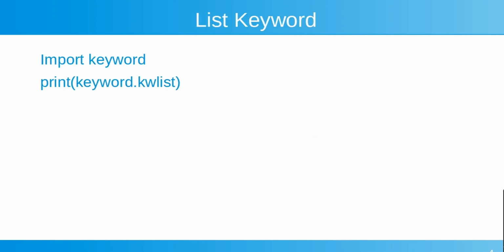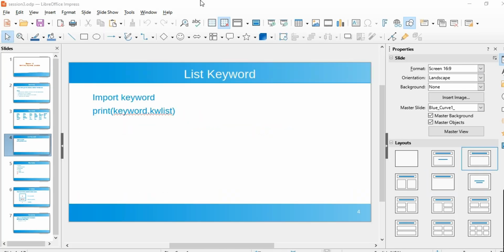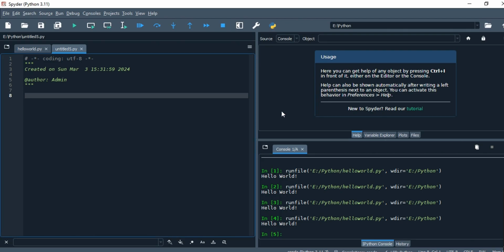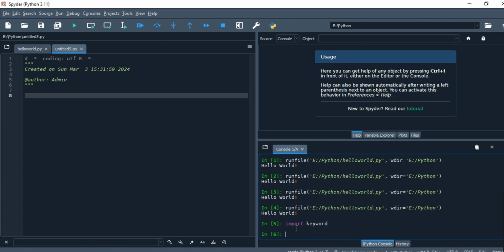Okay, so actually you can list these keywords in your program. To do that, you first need to import a module called keyword. We will discuss how to import a module and other things later in this tutorial, but as of now I just want to list down all the keywords available in Python. So I'm importing this module, and you can call some function. First we need to use this module, keyword dot